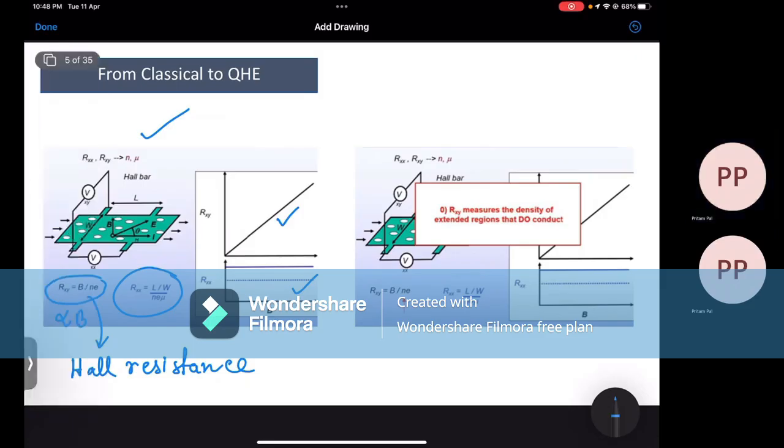So if I measure, okay, this has been the Drude model, what I would expect to see if I measure the Hall resistance. If I measure the longitudinal resistance as a function of magnetic field, as you can see here, there is no magnetic field dependence on the longitudinal resistance, and we have a linear dependence with the magnetic field for the Hall resistance. So that's the Drude model, and now what I'm going to do is